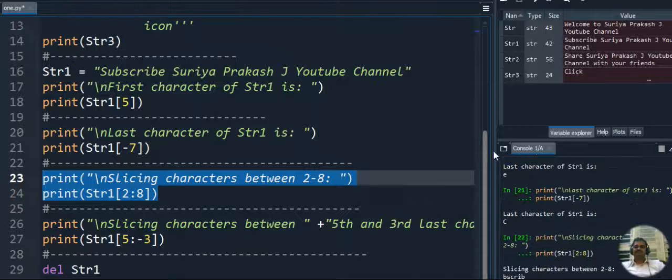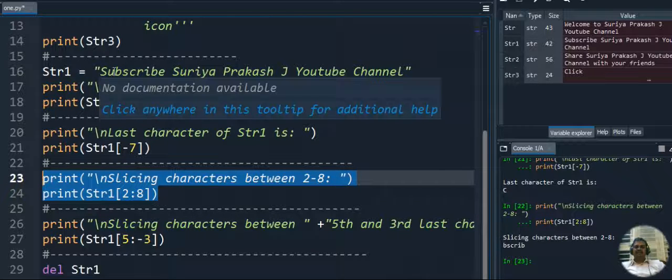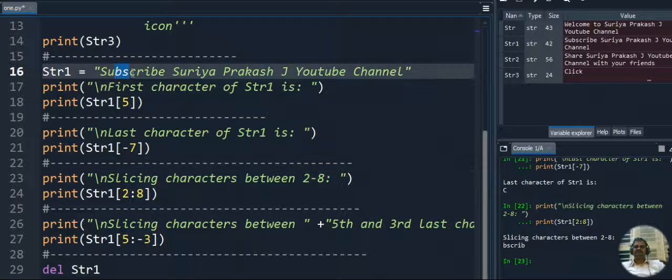Okay, so let's execute this code. You can see here slicing characters between 2 to 8. We are getting BSCRIB. So this is the 0th position, S is the 0th position and U is the first position. From the second position it's starting.